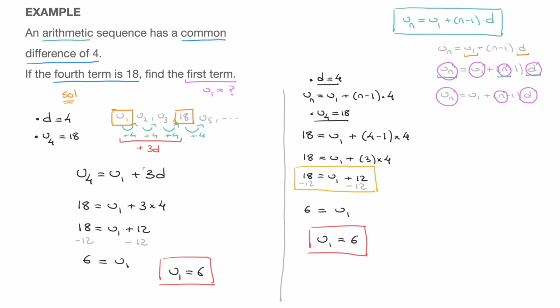Indeed, we could have figured out how many times we had to add the common difference here simply by considering 4 minus 1, which, as you know, is equal to 3. And it's 4 minus 1 here because we're looking for the fourth term, and we're starting at the first term. So if ever you're faced with a question like this one, in which you need to find the first term and you're given, say, the 99th term, then you could quickly obtain an equation like this one